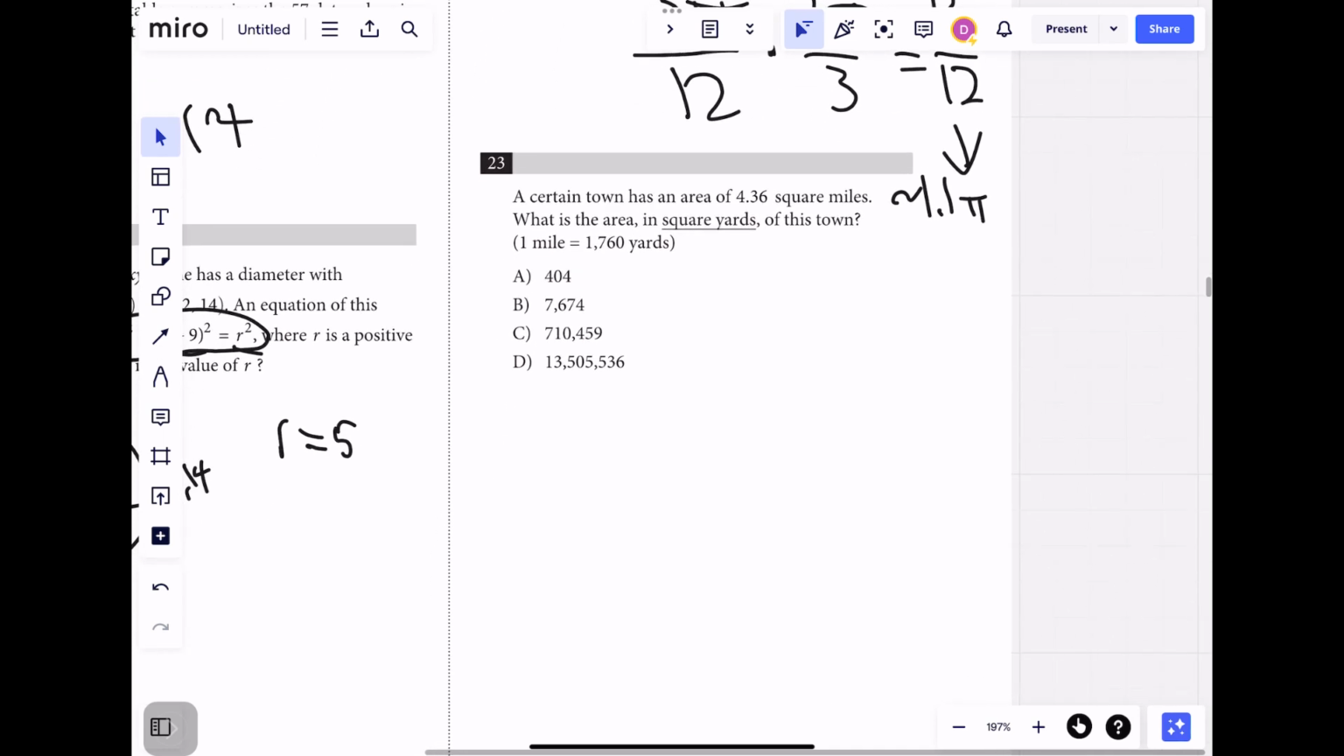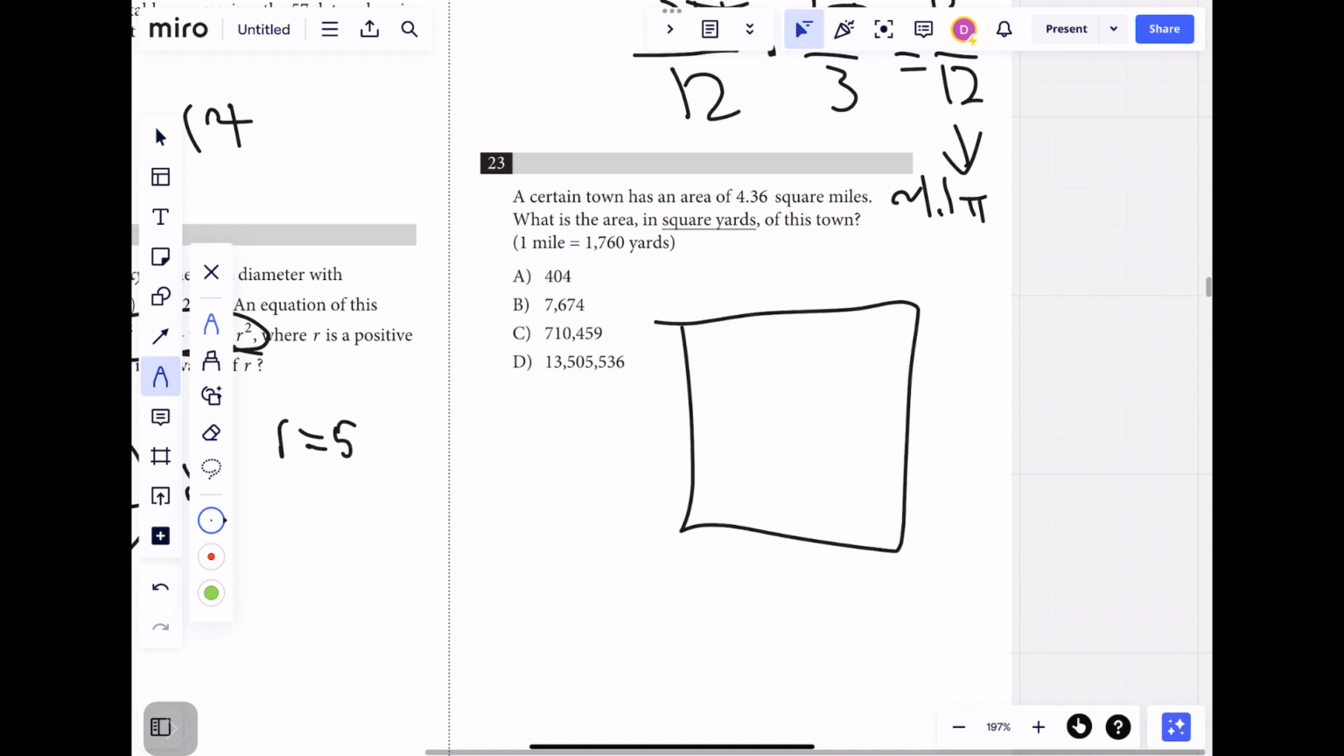A certain town has an area of 4.36 square miles. What is the area in square yards of this town? Okay, so let's map it out. So we got the area is 4.3 square miles. So that means that each side here is going to be the square root of this, which we're going to estimate, just because all these answers are so different, we can round it a little bit and still get the right answer. So it's going to be about 2.15